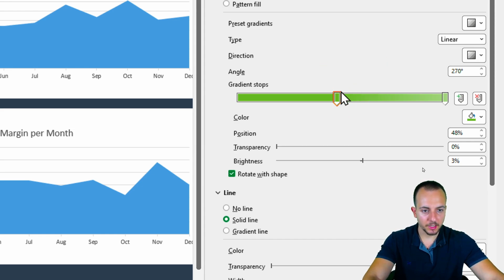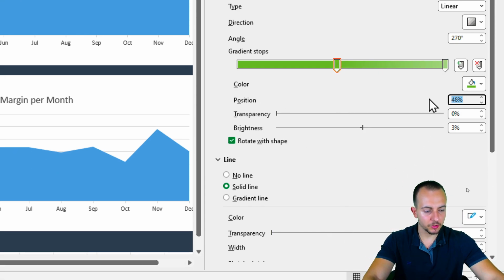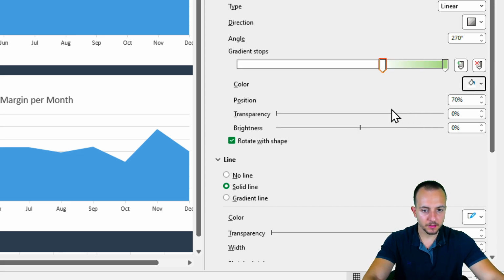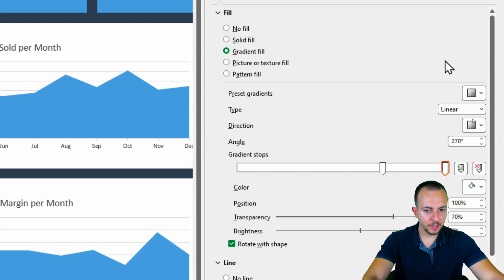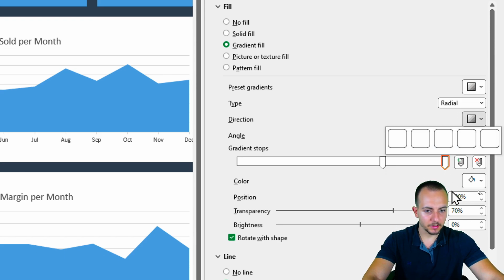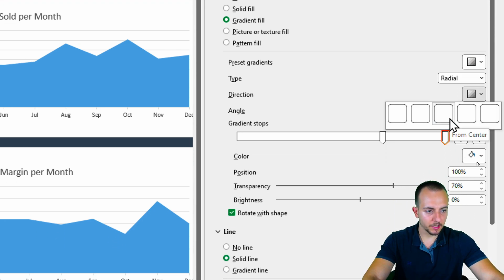Okay, so click here in this gradient in the middle, and as the position, you want to use 70%. As the color, choose white. Transparency, I want to use 100%. The one to the right now is going to be equal to white again, but this time the transparency is equal to 70%. And the last thing that I want to change here is the type. Instead of using linear, I want to use radial, okay? And direction, I want to use one that is from center, maybe the one in the middle here,